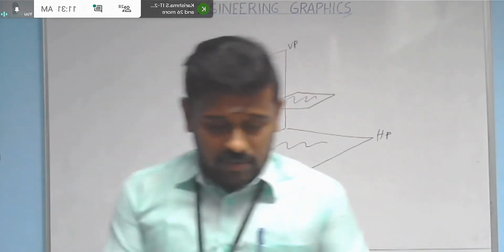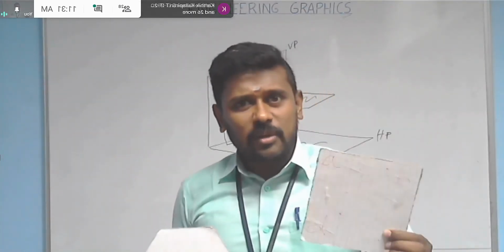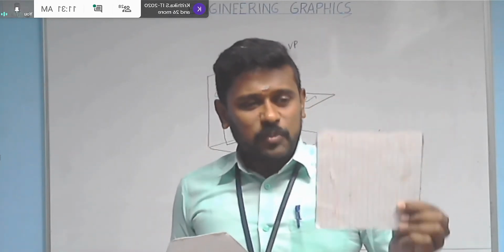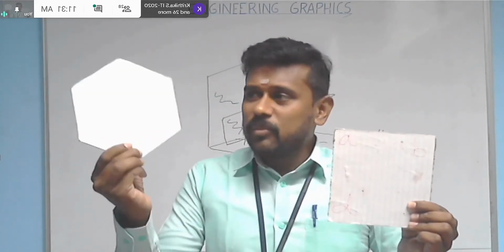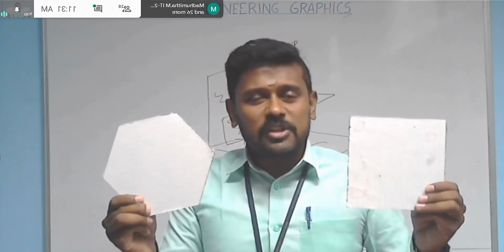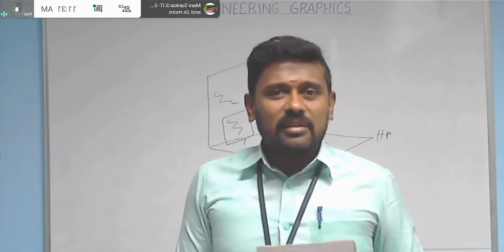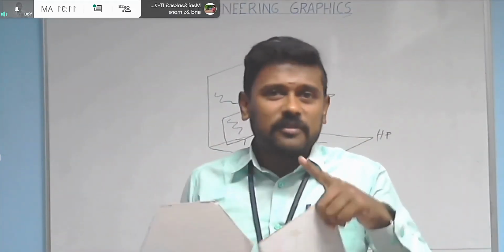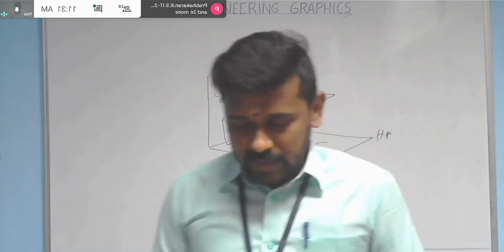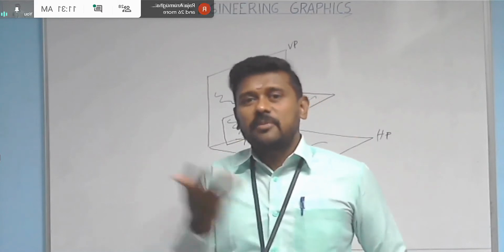Whatever it may be, see, irrespective of the shape of the plane, whether it is a square plane or a hexagonal plane, if you want to make its surface perpendicular to HP, you need to make it like that. If you want to make the surfaces of these two planes perpendicular to VP, then you need to make them like that. So this angularity comparison and relation is irrespective of the shape of the plane. It only depends on the surface, not the shape of the plane, and in which manner the surface is facing the other principal planes.